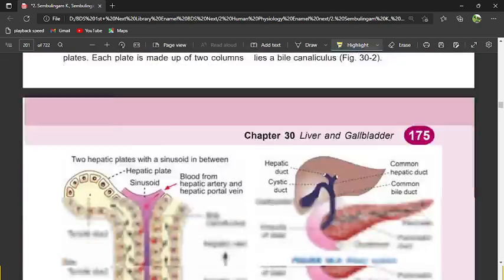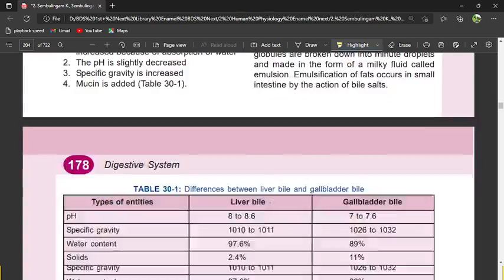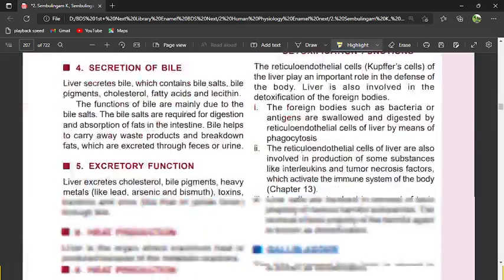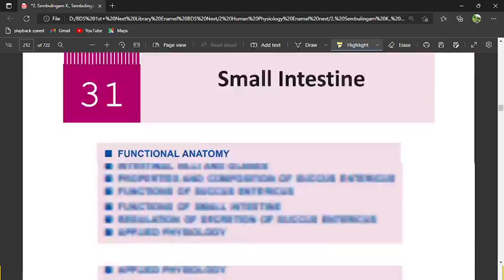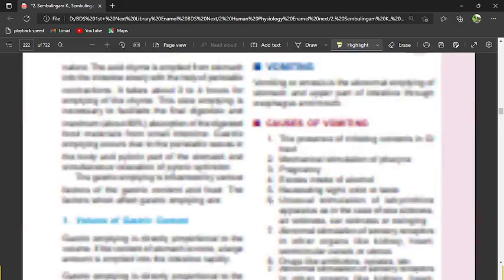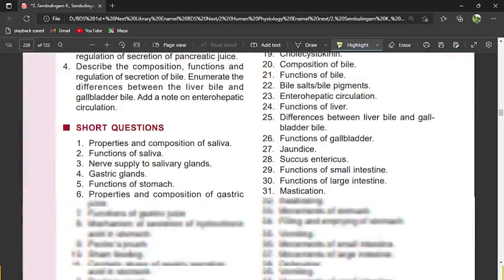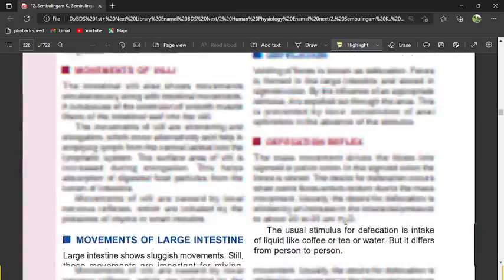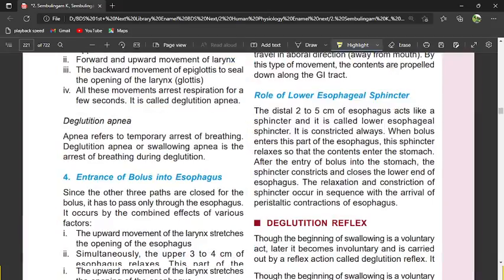Right, students, in the next part we will be continuing with pancreas, then liver, and also small intestine, large intestine, movement of GIT. Okay, here we had completed some 3 chapters, but one of the important chapters,